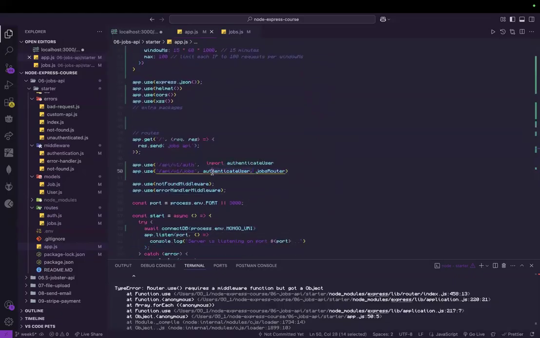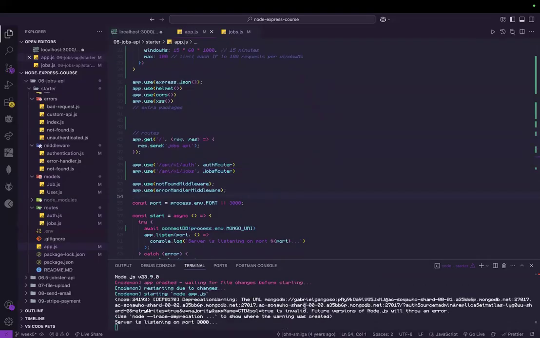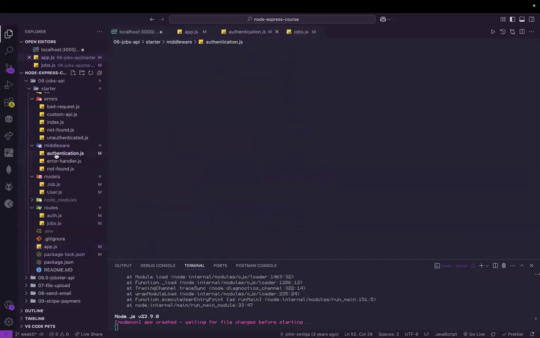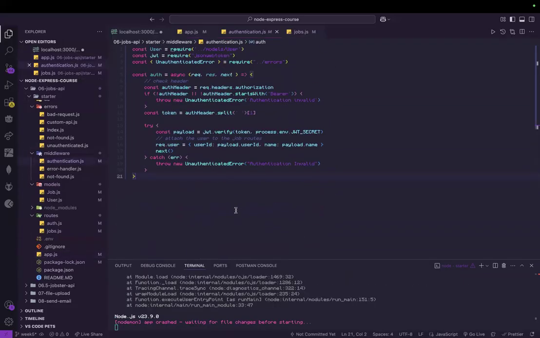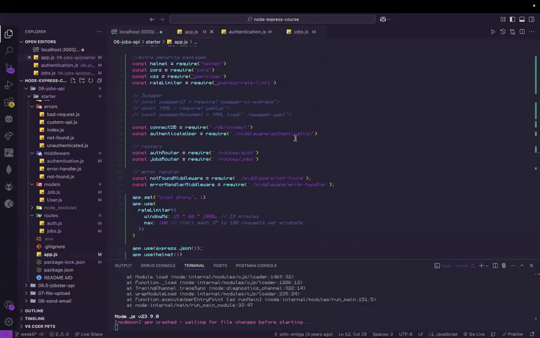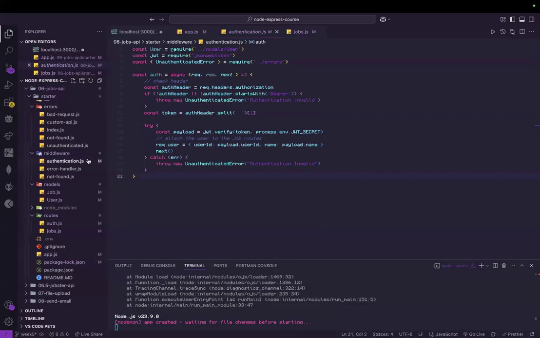Let's try this. Let's get rid of one of these and see if we can identify which is the problem, because it could be authenticate user. It is authenticate user, you see that? So something's wrong with authenticate user. Let's go in here and check what the problem is. Authenticate user is equal to our authentication middleware, so something's wrong in our authentication middleware,